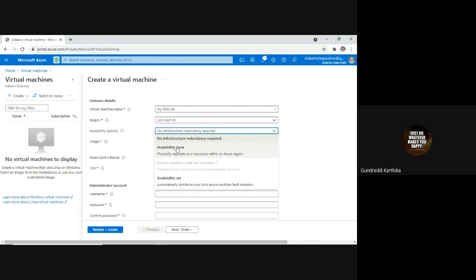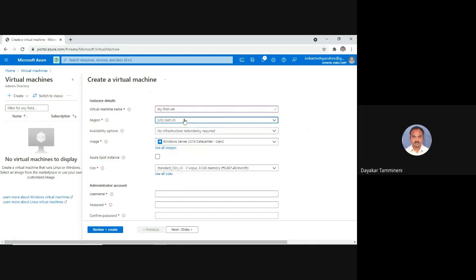More than one data center, sir. Okay, very good. In a specific region, if there is more than one data center, then it is called an availability zone. Okay. For example, let me select